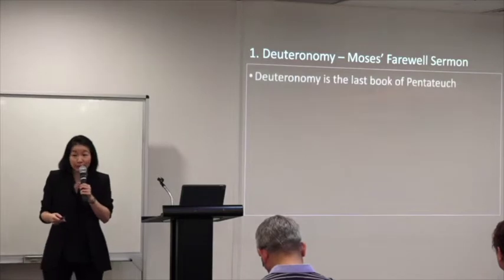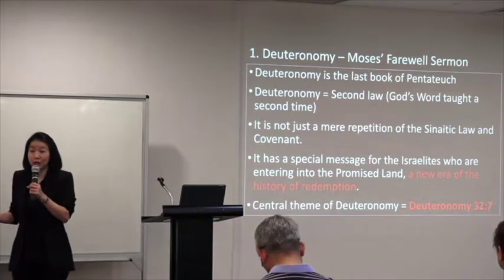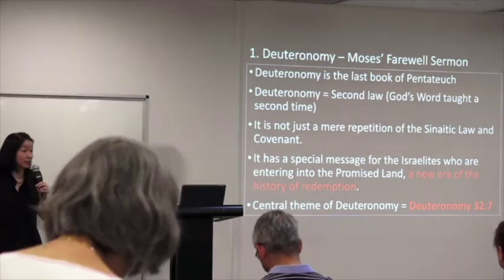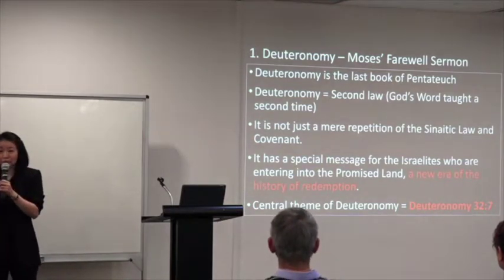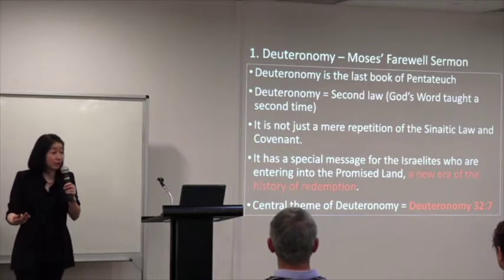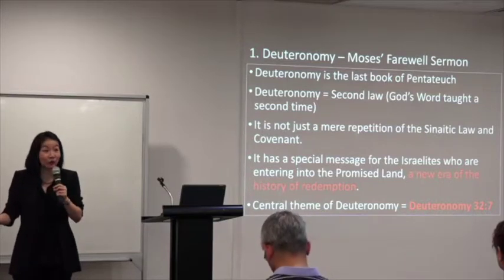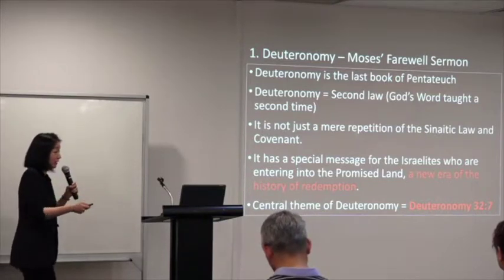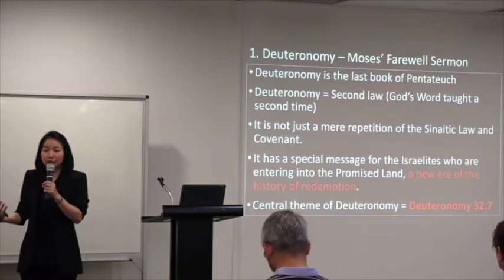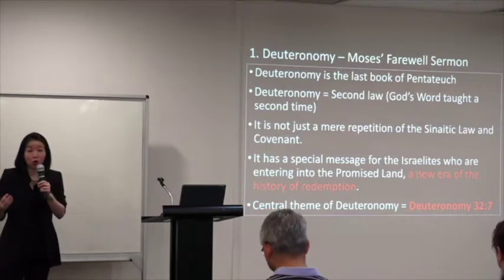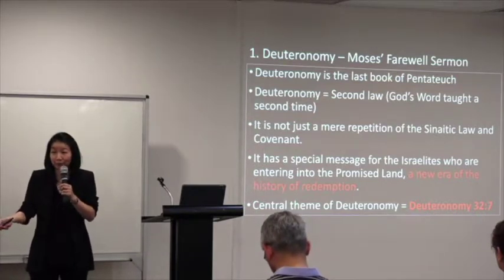Now, Deuteronomy, as you know, is the 5th book of Moses' written Pentateuch, which comprises Genesis, Exodus, Leviticus, Numbers, and Deuteronomy. And Deuteronomy is the very last book. Just as in every good movie, every good book, the last chapter, the ending is the most exciting. There's no point reading everything without knowing how it all ends. So Deuteronomy is Moses' reiteration. Long word. Deuteronomy literally means second law, or God's word repeated. God's word is repeated or taught a second time.